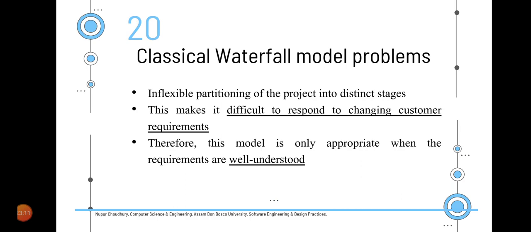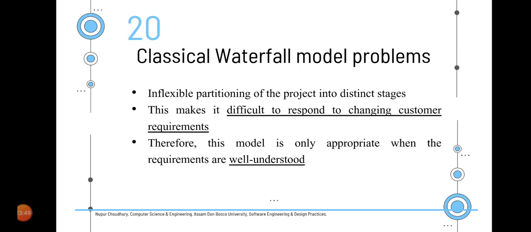The first problem being inflexible partitioning of the project into distinct stages, which means that the different phases that have been designed in this particular model are very rigid, and they do not entertain any sort of flexibility between the activities. The programmers or the developers cannot go back to the previous activity if they have missed out on any of the previous steps,